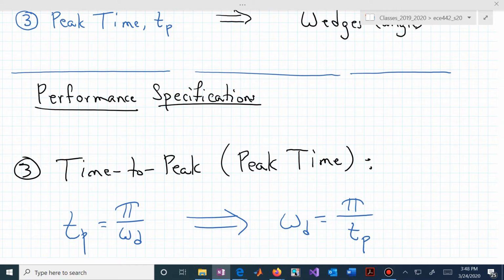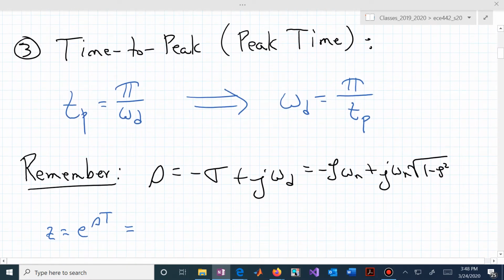As the time to peak gets smaller, omega sub d gets bigger. So the faster the system, the larger the damped frequency of oscillation. And remember, omega sub d corresponds to the imaginary component of these complex roots in the complex S-plane,